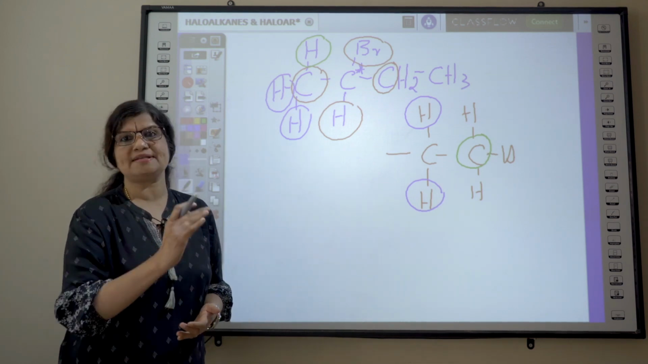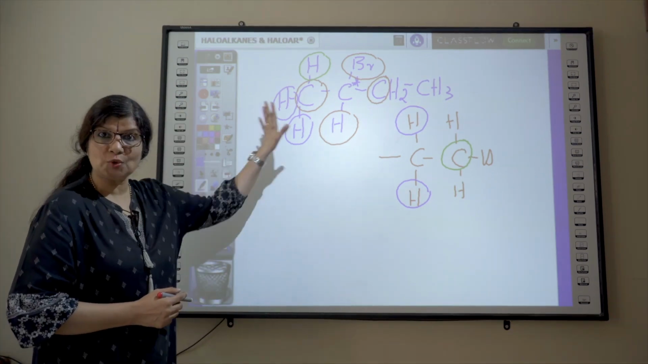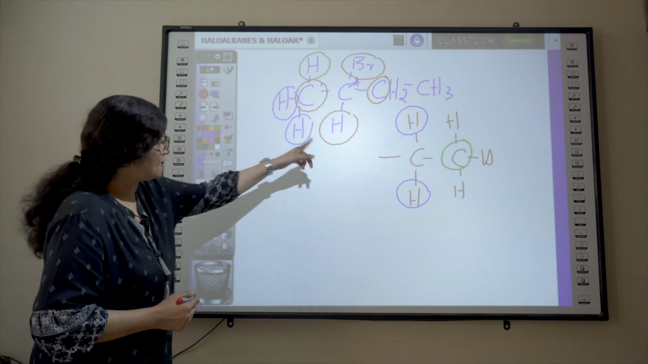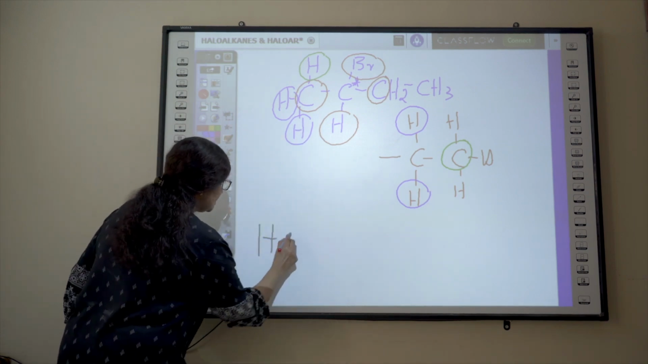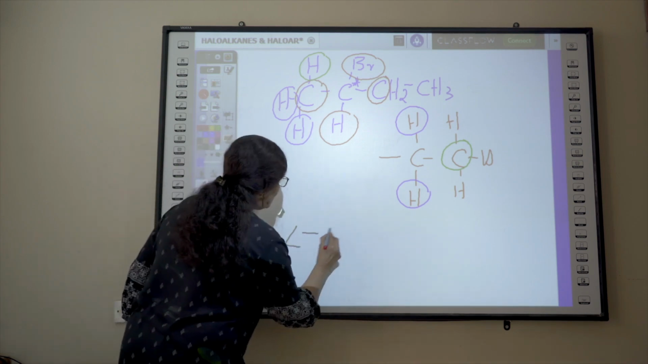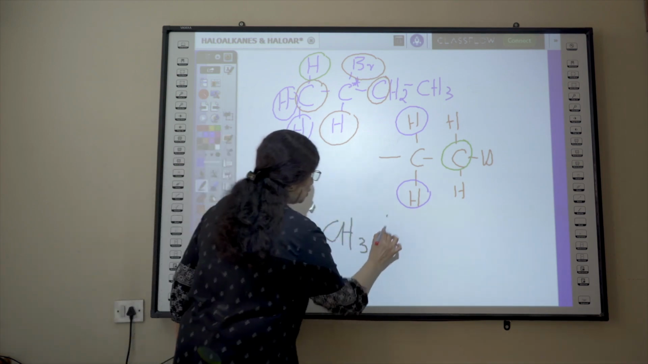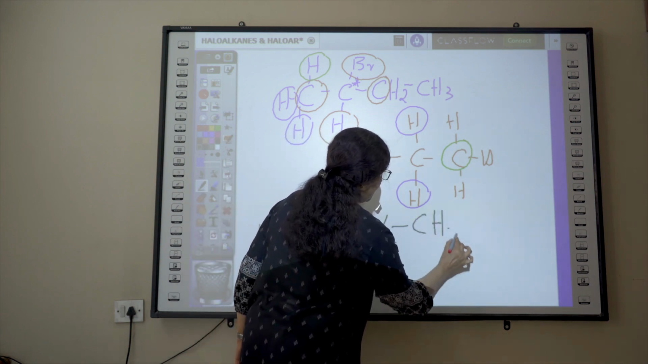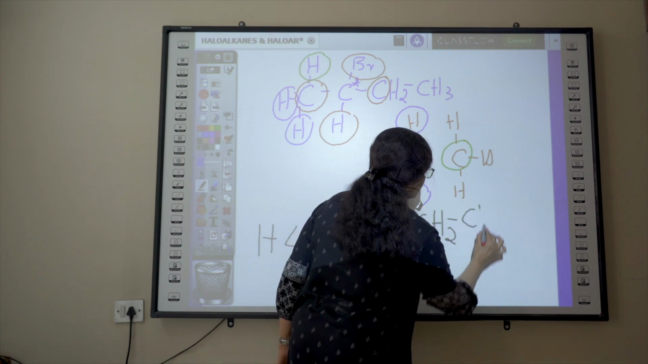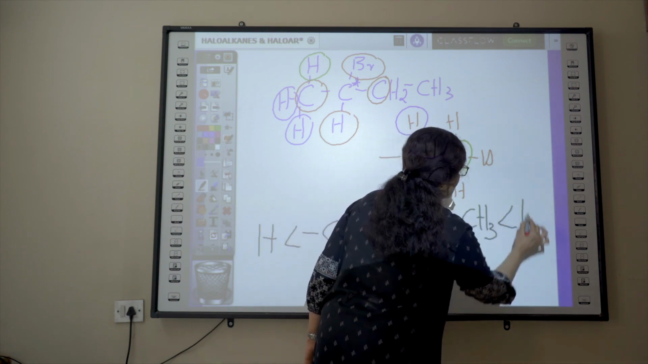Okay, we'll do some more examples. So now let's assign the priority order of the groups around the chiral carbon. The one with the least priority is hydrogen, correct? So hydrogen is least, followed by methyl, followed by ethyl, followed by